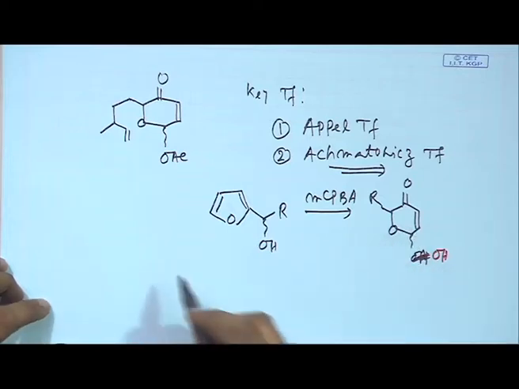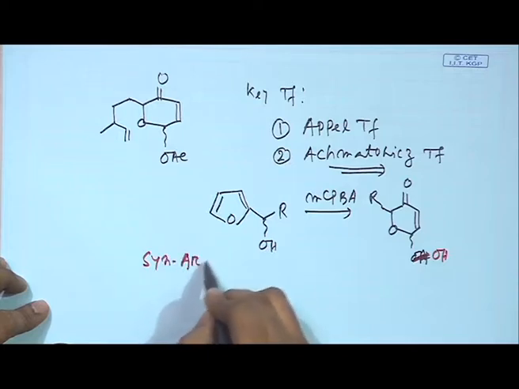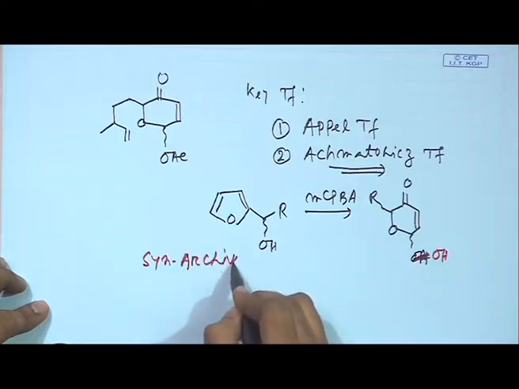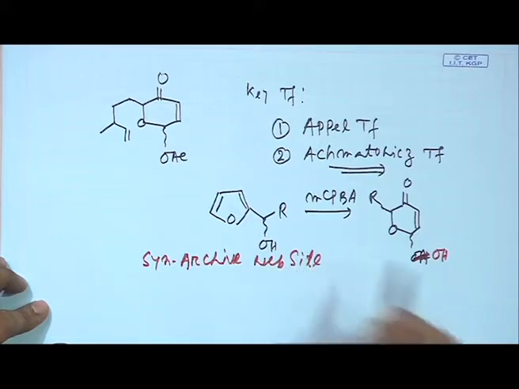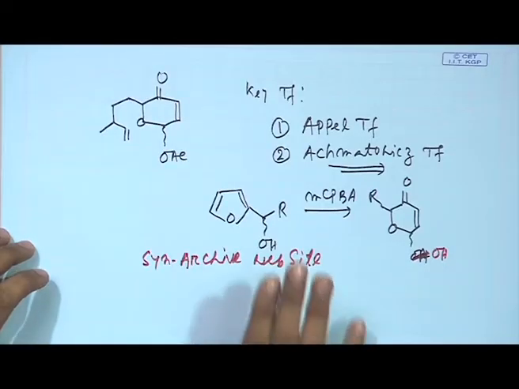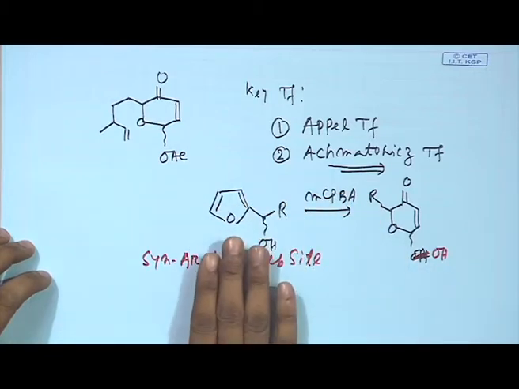And for the Achmatowicz reaction, if you go to the Organic Chemistry Portal website, you will find its mechanism, and you can explore that. The Achmatowicz reaction is sometimes used for the synthesis of many natural products. So, this is a powerful transformation probably not known to you. The Appel reaction is a simple one, but the Achmatowicz, if you are not familiar with it, that will give you the idea of this simple transformation.